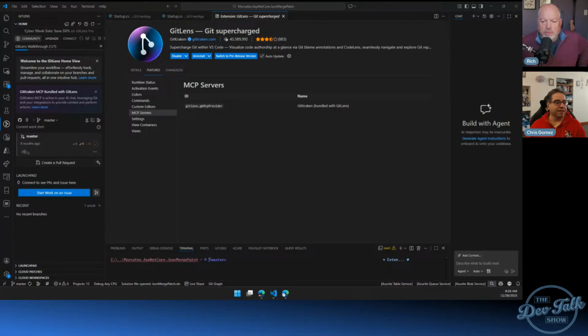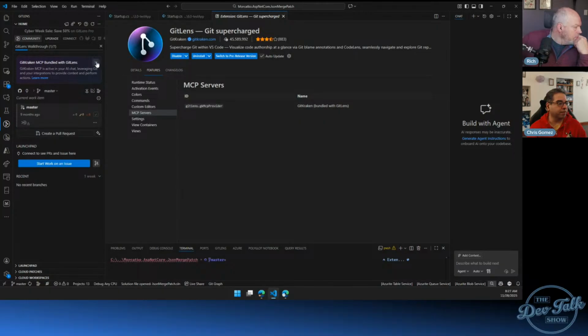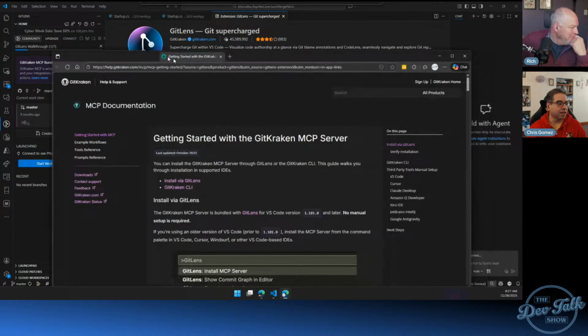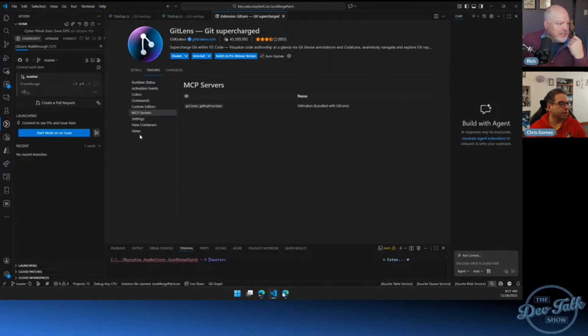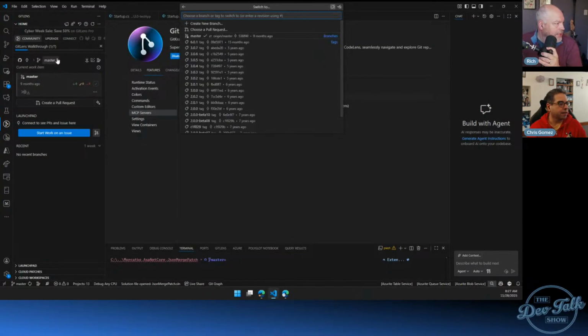So, okay. All right. I didn't even realize when I clicked on this that all this was going to come up. But it looks like it's trying to teach me how to more effectively use it. And it's even talking about the GitKraken MCP. I'm pretty sure if I click here, I'm going to end up at the exact same piece of documentation that I was at before. It's confirming. Yeah. And then, okay, it's going through and saying, this is kind of nice, I suppose, but I could switch to another branch very quickly here.